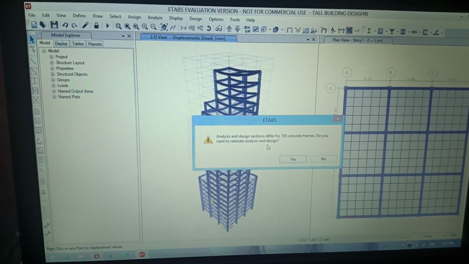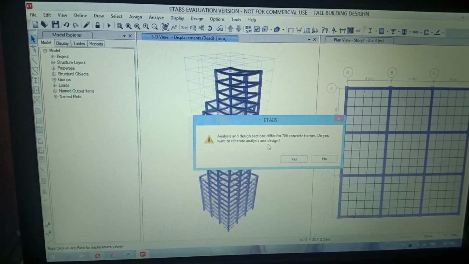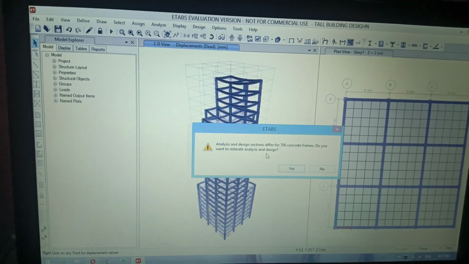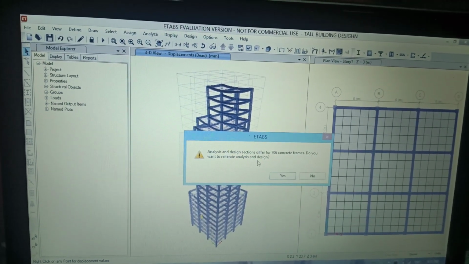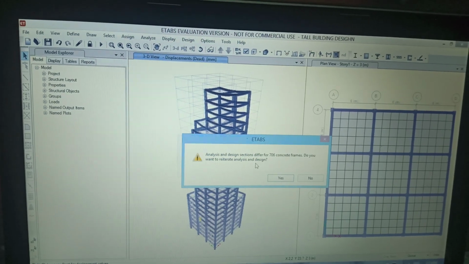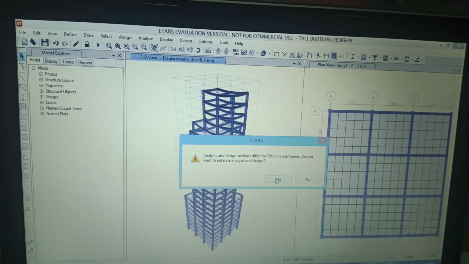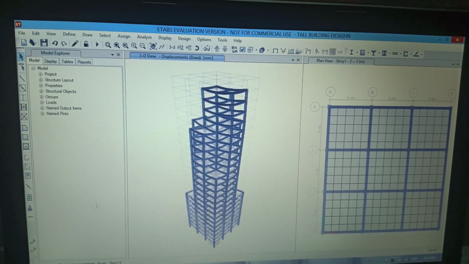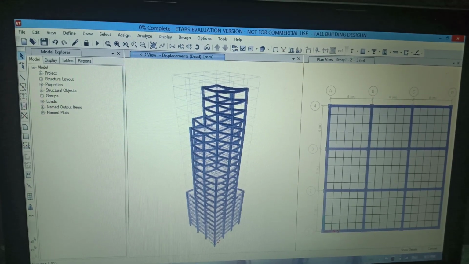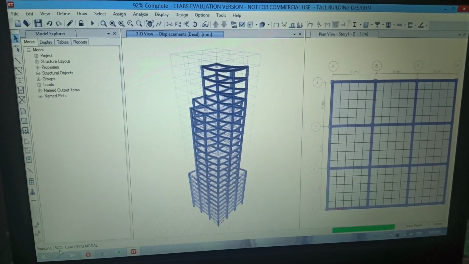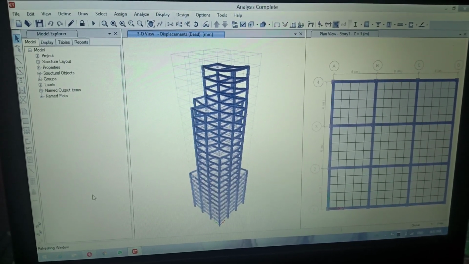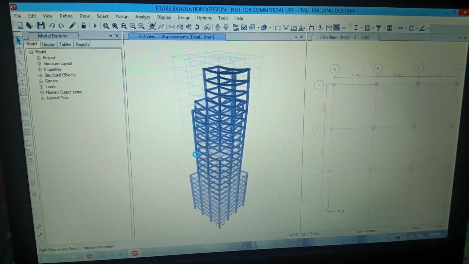In the first attempt, it will take the starting option of the beam, means 350 into 350, and column 500 into 500. Now, if we select S, it will take the next bigger size of the given 3 sizes. Now it will take the column size as 400 into 400 and beam size as 450 into 450. Now we can again press on the S. It automatically takes the next bigger size. Now we can see again in the left side down, the analyzing percentage will be displayed. If there is no notification, then our analysis is correct. Here there are no notifications from ETABS.